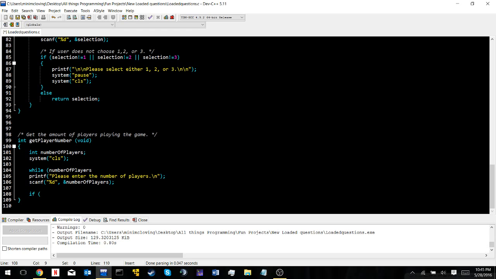If number of players is less than minimum players, or number of players is greater than maximum players,